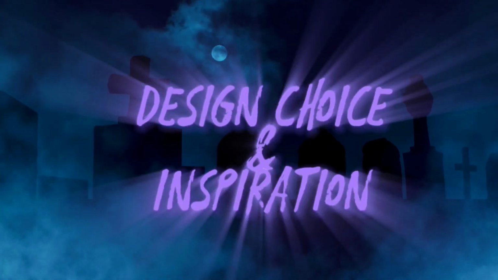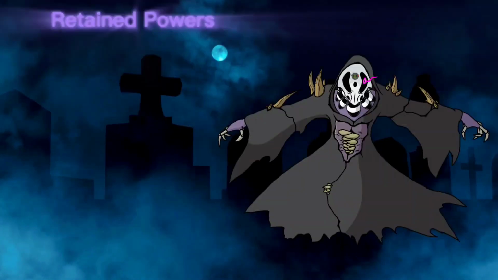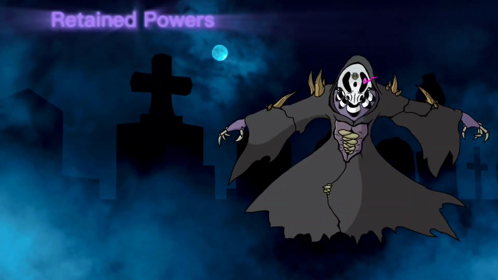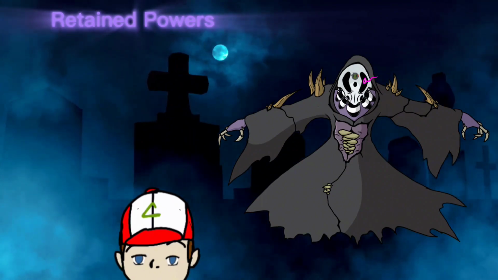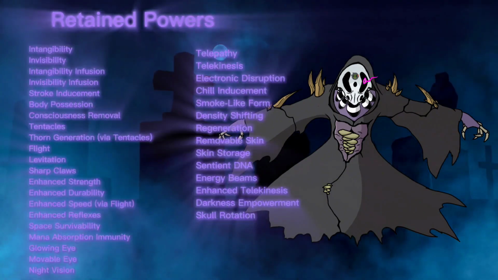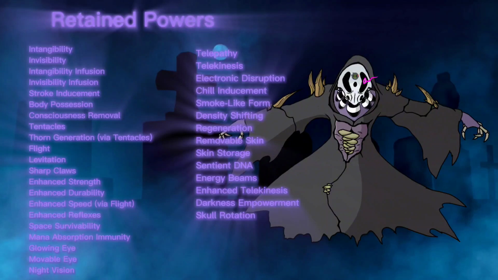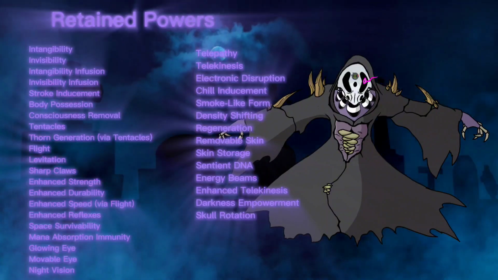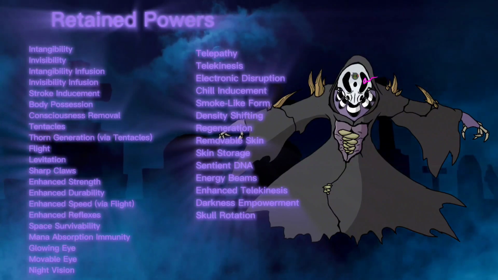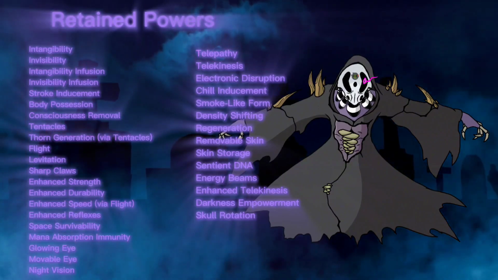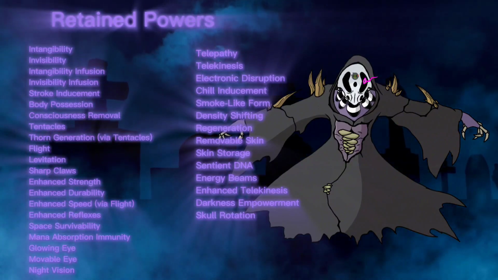Alright, on to powers and weaknesses. For retained powers, and this one is quite long, so just bear with me, these include invisibility, intangibility, intangibility infusion, invisibility infusion, stroke inducement, body possession, consciousness removal, tentacles, thorn generation via tentacles, flight, levitation, sharp